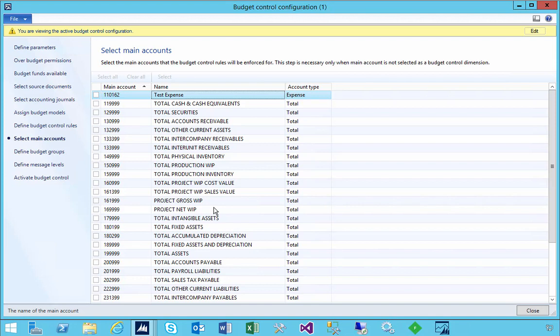So when you're looking at purchasing, for example, then category-based purchases that you're posting to an expense account, that works okay. If you're doing item-based purchases that you're using an item that you're going to stock, normally that's going to be an asset to bring that inventory on. So typically you wouldn't be able to control that item-based purchases through the budget control. So something you need to consider in terms of the types of accounts and how you might want to look at working around if you want to use the budget control process through, for example,